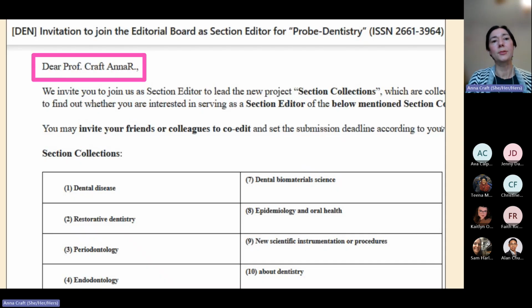Here's another one of these dentistry ones. Invitation to join the editorial board as section editor for Probe Dentistry, which sounds awful. I don't know what that is. So this is a different kind of predatory solicitation where they are trying to get legitimate authors to make them as a journal seem more legitimate, not just by publishing, but by serving on an editorial board.